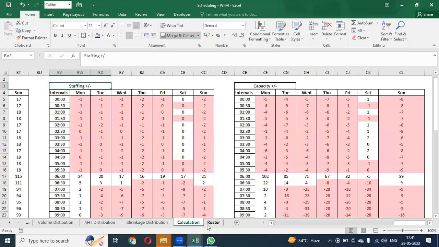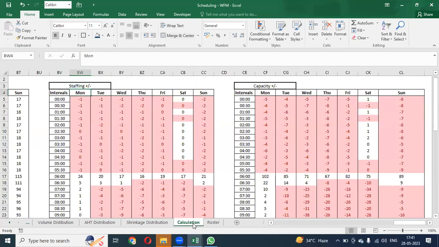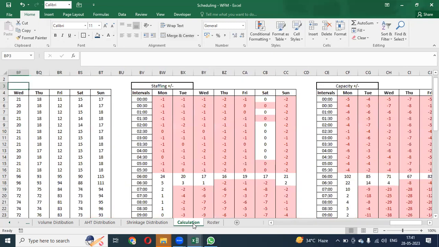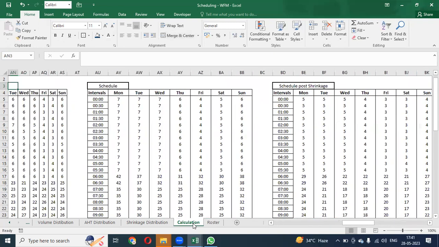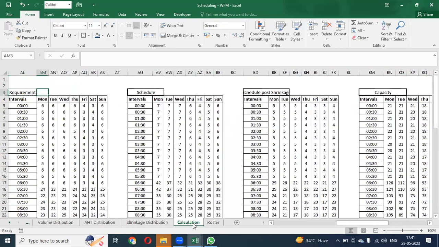Wonderful, wonderful. I have one question. Yes, please. Go to the roster calculation and move to the requirement. These are very low numbers. Let's take an example of more than 500 or more than 100 agents in a day, or any day like Monday or something. So like in the morning, midnight to